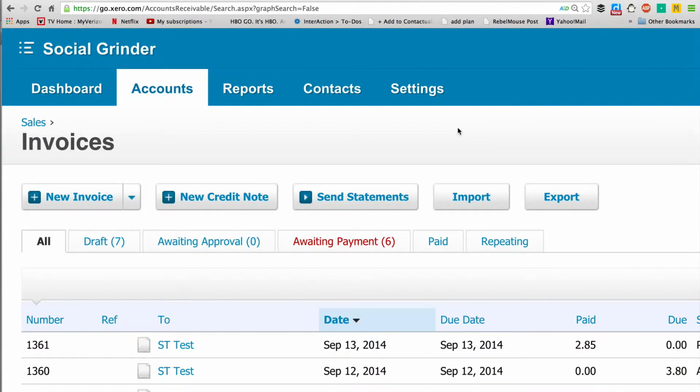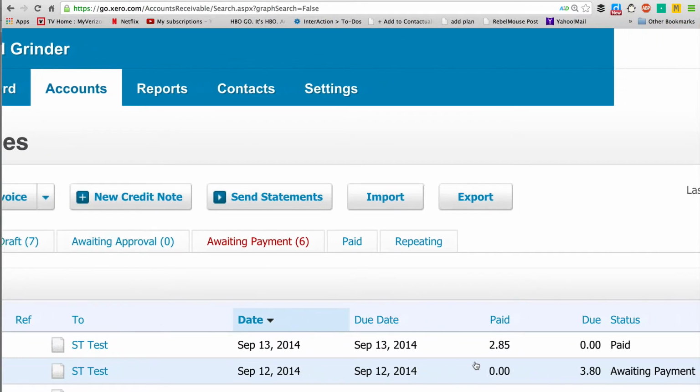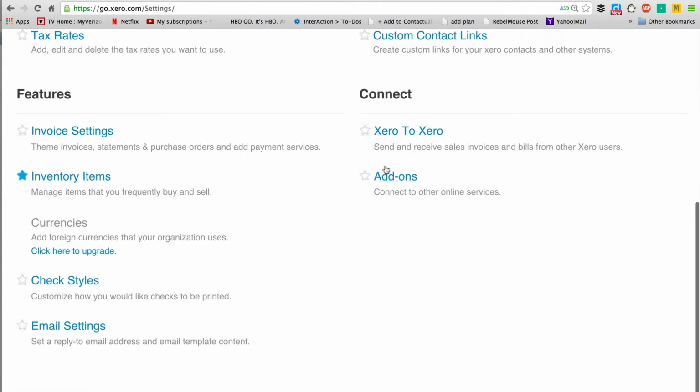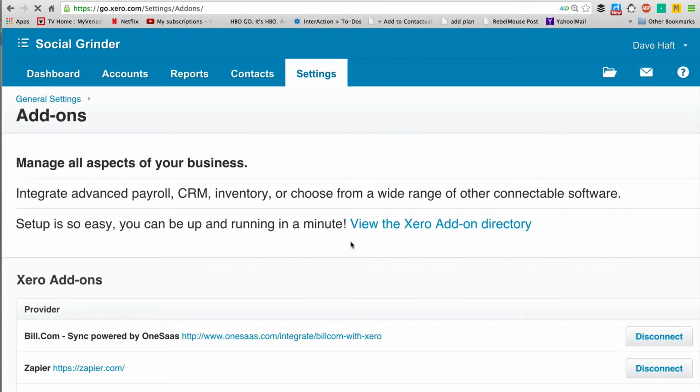Because this invoice was then added to my list of invoices, I can get that to show up in my other system, Xero.com. I have to pay for Xero, but it's well worth it because it helps to automate my life. In here, you'll see the same invoices are listed. Click on Settings, go to General Settings, and then when you scroll down, you can connect to additional services. So under the add-ons,